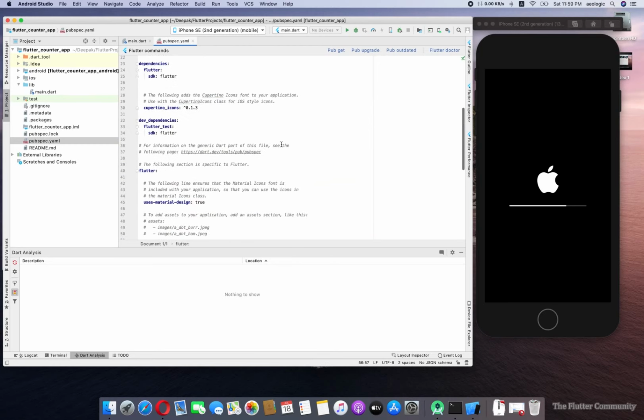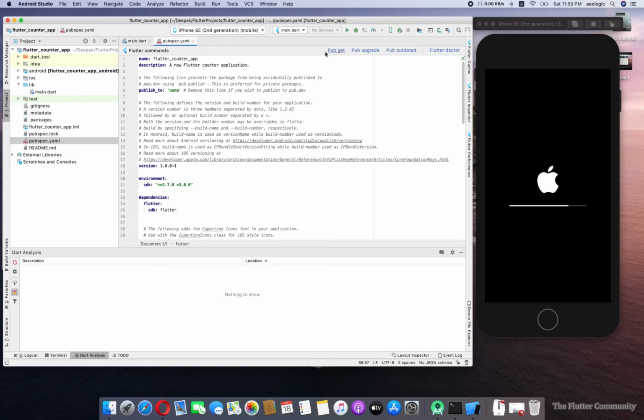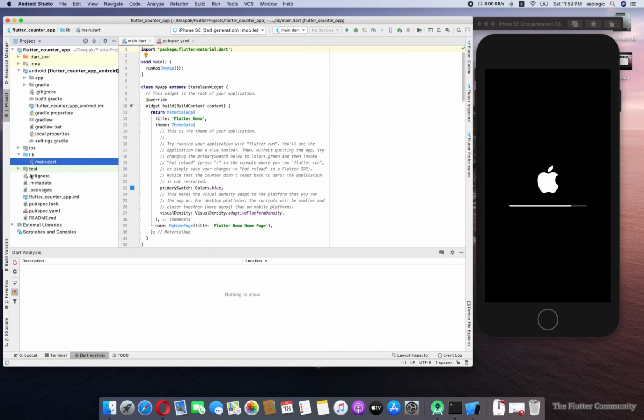Whenever you make a change in this file, you must run pub get, so it will sync your dependencies with your project, so that we are able to run with the new dependency. Okay, it's taking some more time because I'm opening this for the first time, so we have to wait for it.